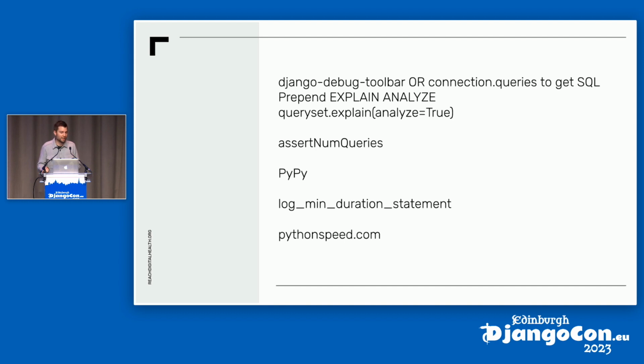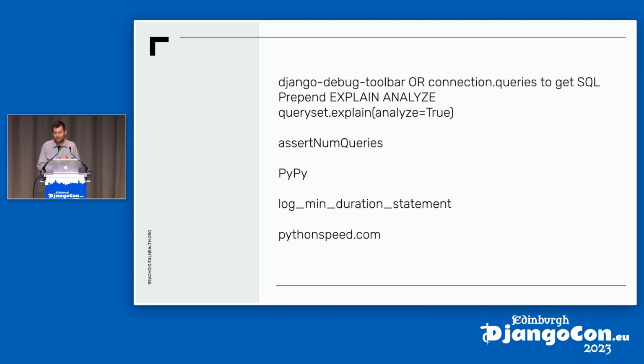This can help you catch any of those annoying N+1 issues on your views. It can also ensure that if someone comes along and changes a critical view, which makes it make another query or more queries, this test will then fail, and you can go and have a look and make sure that this change is not going to slow things down, and that this release doesn't make your service worse.